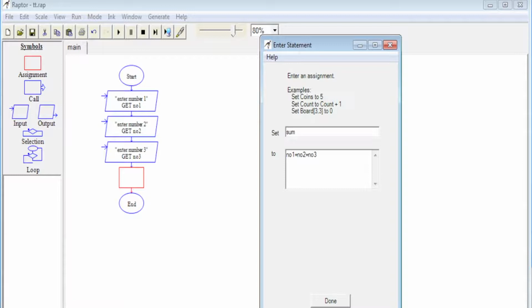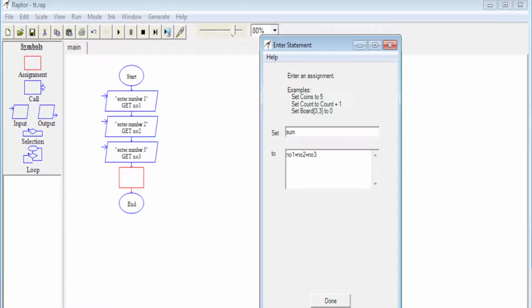After inserting the symbol, double click on it to open the dialog box where you can edit. First, enter a variable name to hold the result of calculation in the field named set. So, let us give the name as sum. Then move to the field and type the expression that calculates the sum of the 3 numbers.